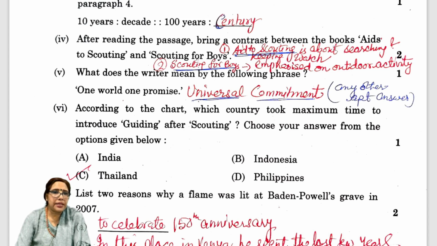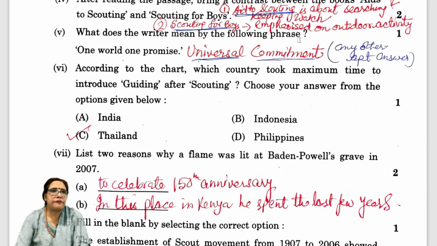Okay, so now the passage says Aids to Scouting is about searching and keeping watch, whereas Scouting for Boys, the book, emphasized outdoor activities. So anything which you have written and which supports the given statement will be giving you marks. Now coming to part 5, what does the writer mean by the phrase one word, one promise? So the appropriate answer is of course universal commitment. But yes, if you have written anything other than this and the answer is apt, you will be awarded marks